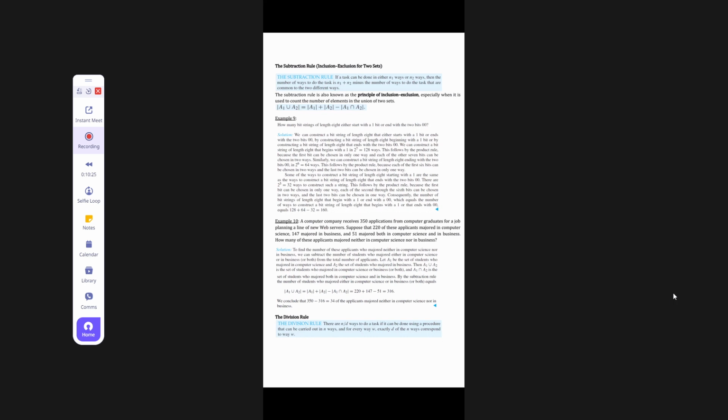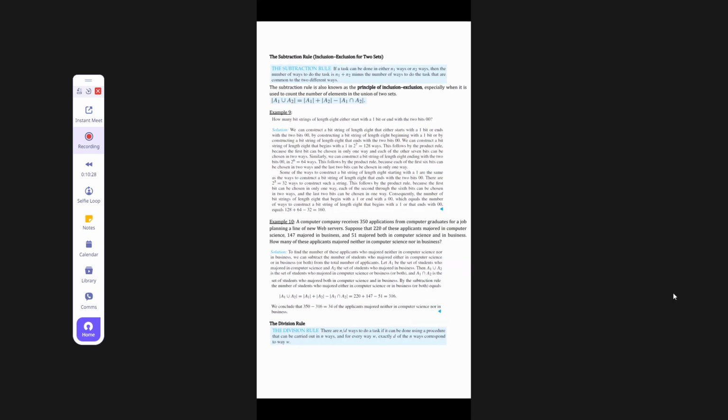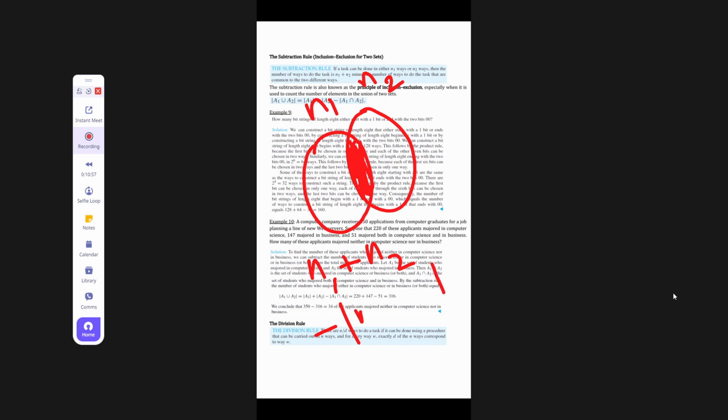So for example, it is very easily understood if I draw. This is your set of n1 ways and this is your set of n2 ways. This is the common part. So if I now say the total number of ways of doing the task is n1 plus n2, effectively what I have done is I have overcounted this shaded part. I have double counted it under n1 and under n2. So therefore I have to subtract the number of